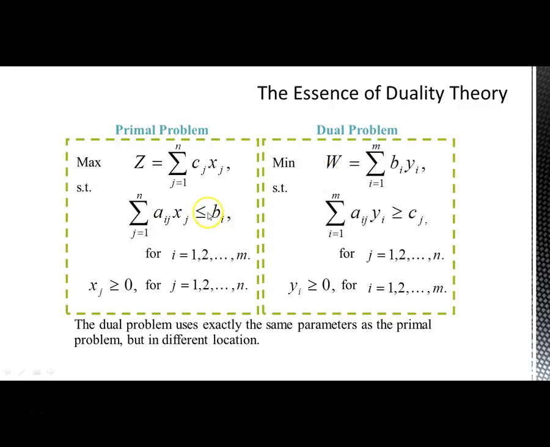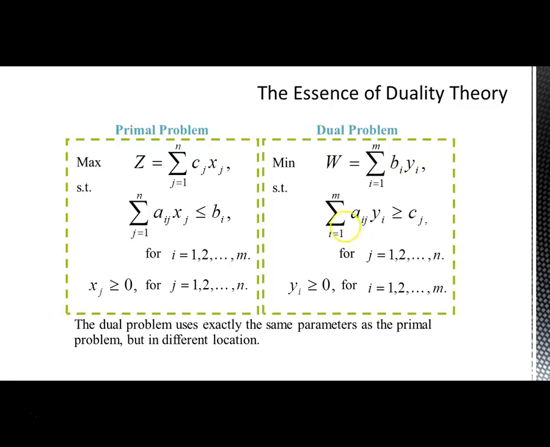This right hand side now becomes the coefficient of the objective function. Look at right here. Let's say we change it. First of all, we change maximization to minimization. That's the first thing in the dual problem. We give it the name w instead of z. We bring the bi to the top, and let's say that the yi are basically the new